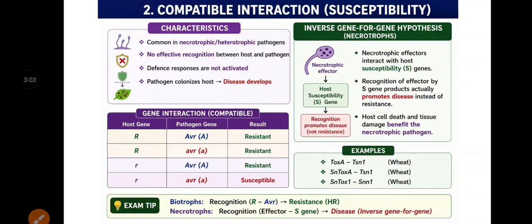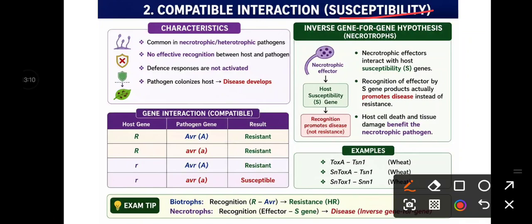But in case of compatible reaction, that is resulting in susceptibility, what happens? This actually occurs mostly in the necrotrophic or heterotrophic pathogen, meaning the pathogen that can grow on dead, decaying organisms. So generally, necrotrophic pathogens, what do they do? They actually produce some toxins first and then kill the plant in advance, then